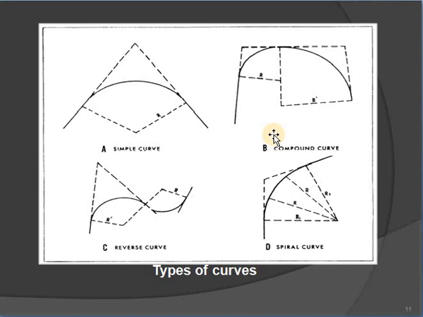Coming to diagram B, it is a compound curve. The road is going on like this, and these dotted lines are the abrupt way. In order to avoid this, we connect these curves in an eastward way. This is known as a compound curve. Now coming to the reverse curve, the road is going on in this way, one up and one down. Another one is the spiral curve. A spiral curve is when a straight road suddenly curves. So these are all horizontal curves.